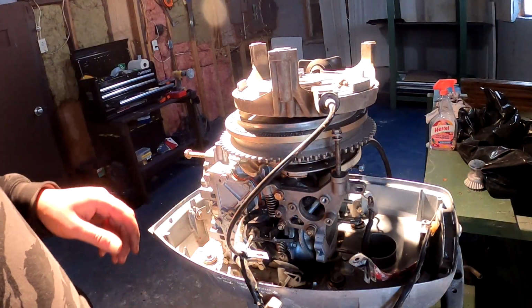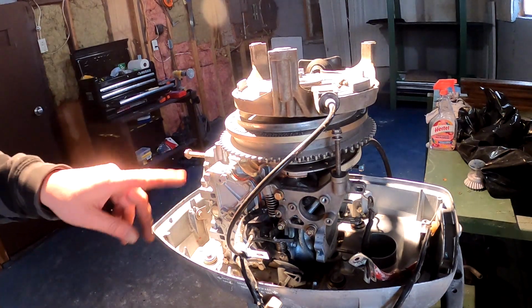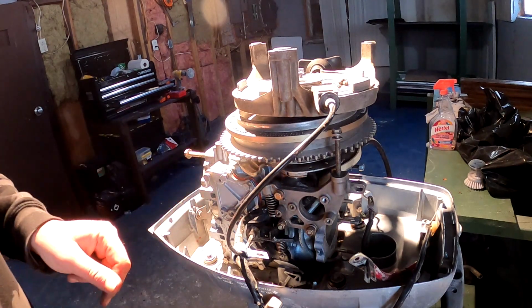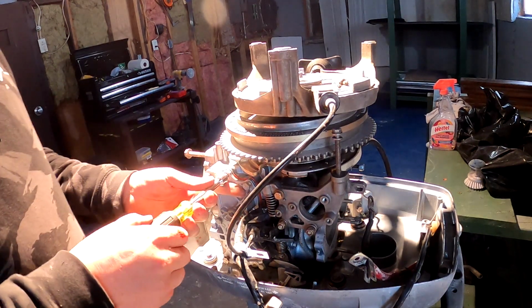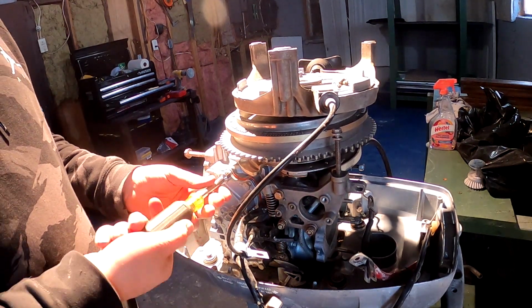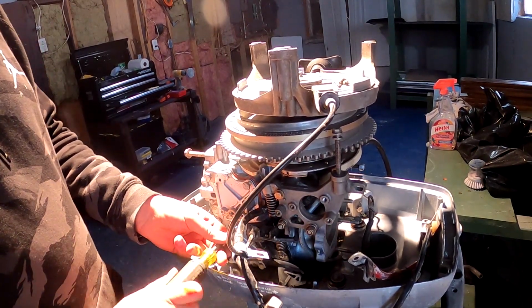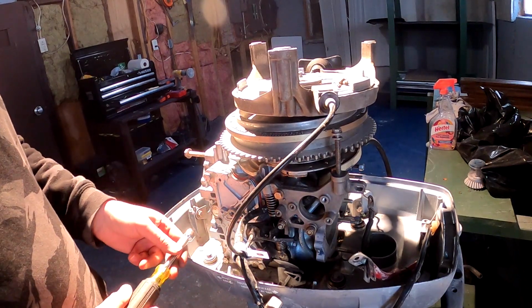Alright guys, so we got the whole plate cleaned off, the gasket with a bit of sealant on it there. All around, put it in, and I started the screws so far just by hand. And I'm just gonna get them all just a little bit tighter so I could spin less when I'm tightening them in the